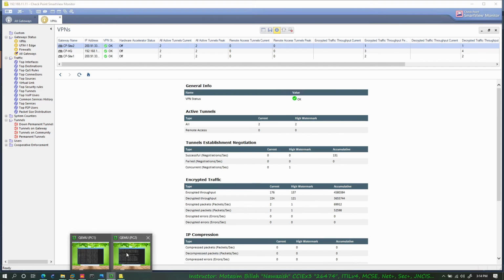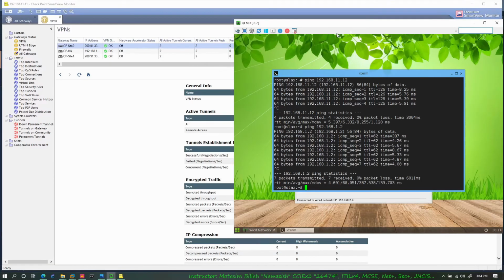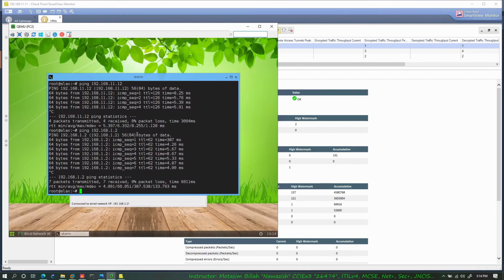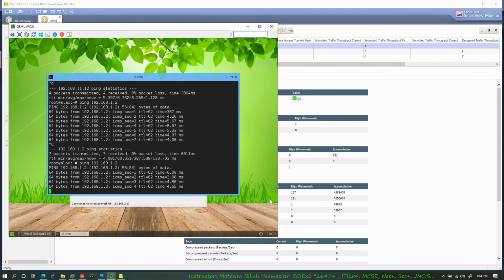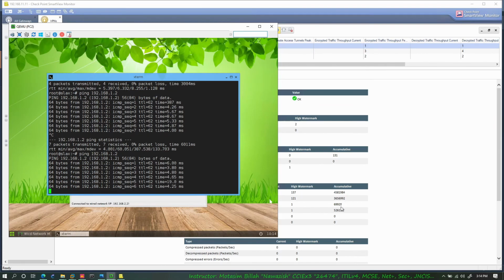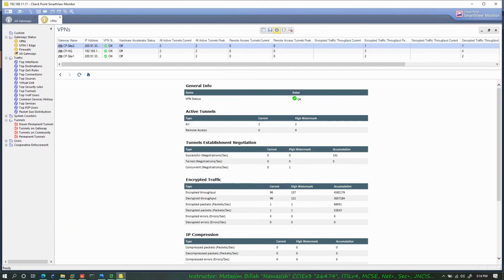If I start a ping there, these numbers would go up. So let me go to PC 2, and if I resume that ping, you can see these numbers are going up. So from here you can understand that encryption and decryption is going on. And if you come to the tunnels,